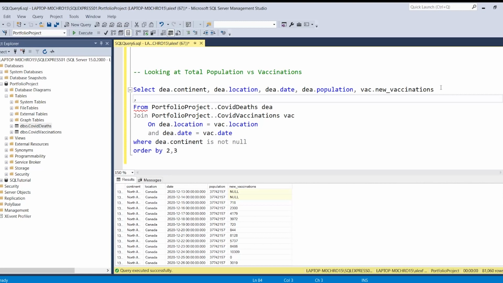So we're going to do, and let's do, we need to do the sum because we're going to be adding these together. So we need to do the sum of new vaccinations. Oops. We need to do the sum of new vaccinations. Let's do over. And we're going to say partition